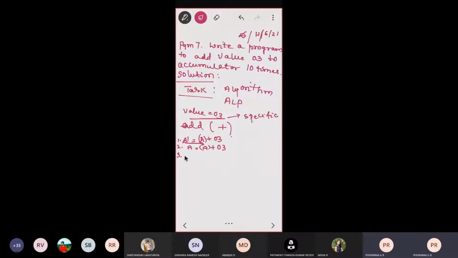In the third step, what has to be done? The new accumulator should be the previous step accumulator contents plus 3, and the new value stored in the accumulator back again. In the fourth step also, the previous step partial sum has to be taken as the content of accumulator, to which 3 needs to be added and the new result has to be stored back onto the accumulator. And the fifth step is again accumulator contents,